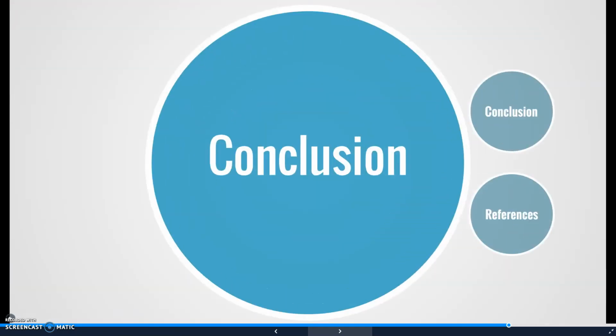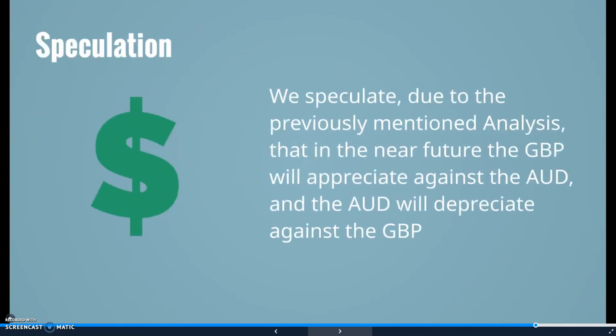So in conclusion, we speculate that the pound will appreciate against the Australian dollar, and the Australian dollar will depreciate against the pound in the short term. We speculate this due to our three theories stating that it's most likely that the pound will rise in value while the Australian dollar decreases in value, being terms of trade, relative inflation, and exchange rate